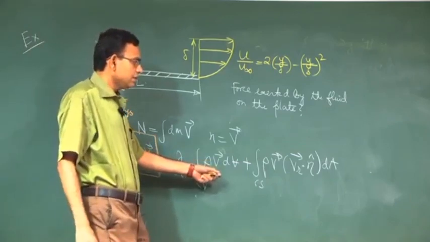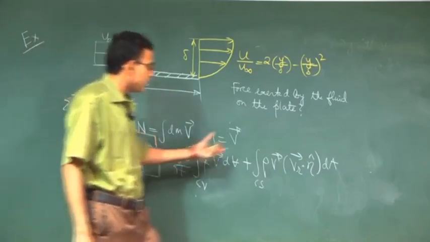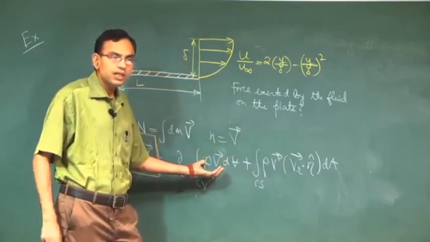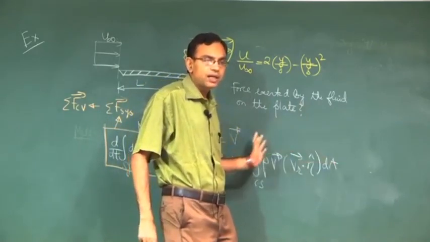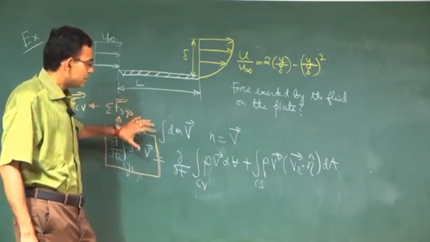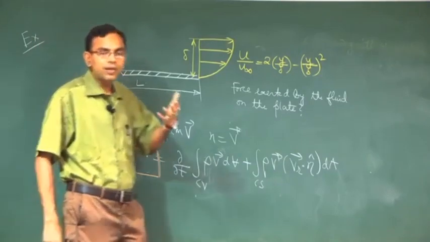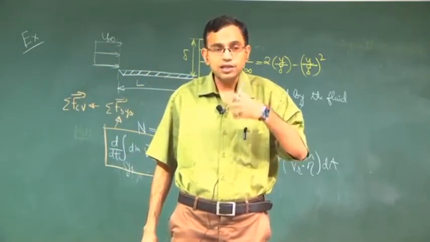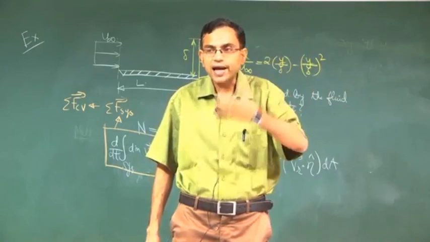So this equation tells us nothing but the rate of change of linear momentum because of two things. One is linear momentum change within the control volume plus a linear momentum flux out and in, the balance of that gives rise to the net force. If it was a control mass system, the net force would be because of the rate of change of linear momentum of the system. Here, because it is a control volume, there is also a flux of momentum coming in and going out, and that adds to the net force.